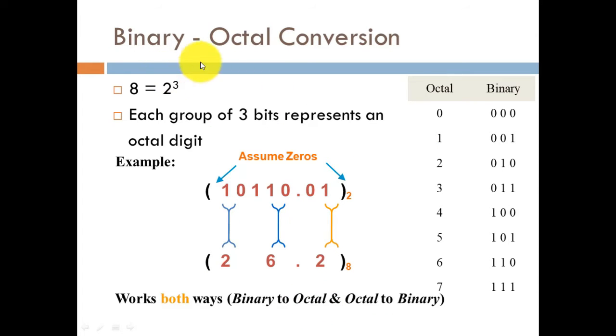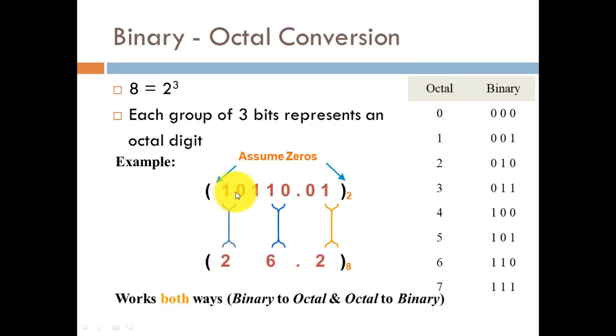Now we will discuss how we are going to convert our binary number to the octal number system. First we need to keep in mind that 2 to the power 3 is equivalent to 8. So we basically have to convert our binary string into groups or blocks of 3 bits, and a group of 3 bits basically represents an octal digit. Let us quickly understand how we will actually convert our binary number to the octal number system.